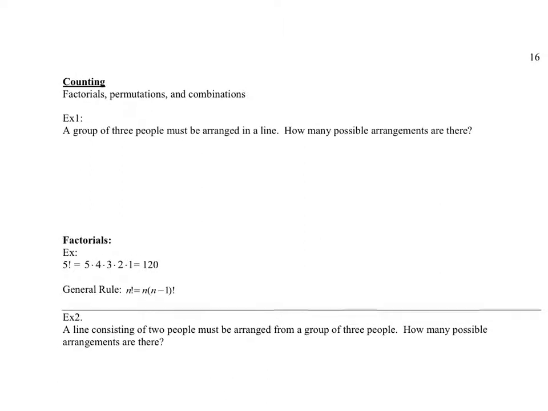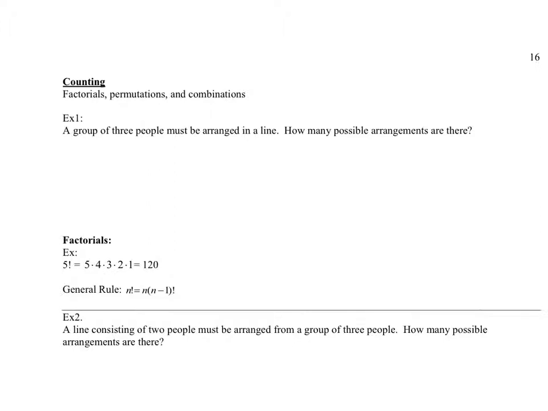So, counting: factorials, permutations, combinations. You've seen this before in some capacity or another. But it used to play a prominent role in Math 2, the equivalent of geometry, like freshman, sophomore math. It used to be a big part of that course, and then it kind of disappeared. Then it came back sometimes in middle school, sometimes in disjointed topics here and there. But it never got its full